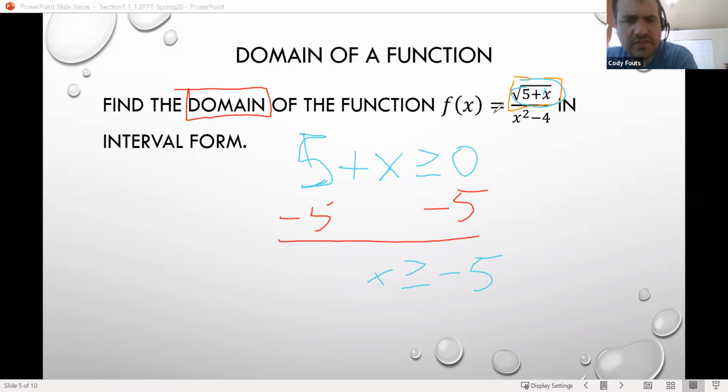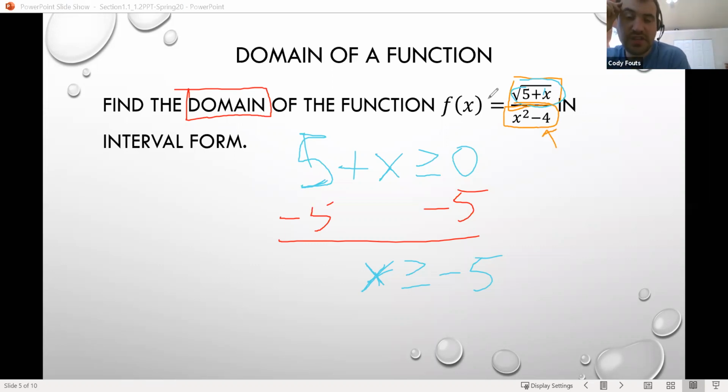But if we put in a value less than -5, say like -6, we'd have the square root of 5 plus -6, so we get the square root of -1, which doesn't work. So we know that part of our domain has to do with x being greater than or equal to -5. Now the next restriction we would look at, in this case, since this is a rational function, and we know that because it has a numerator and denominator, is the bottom here,